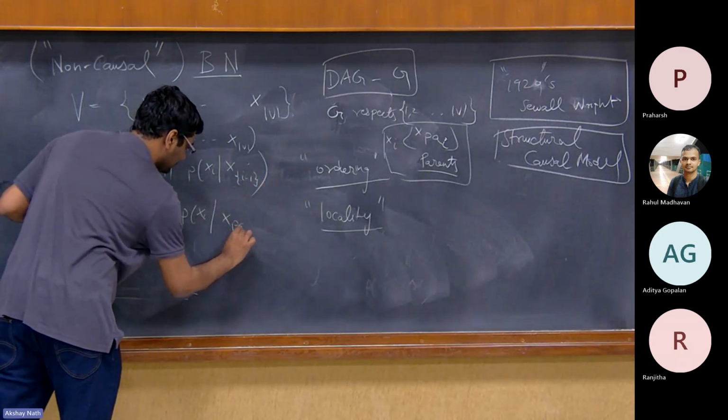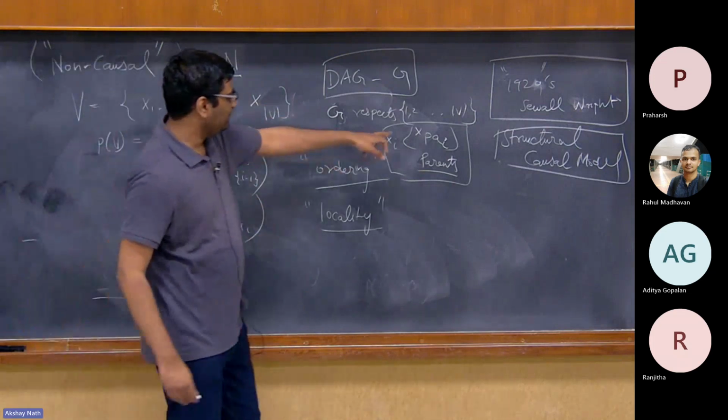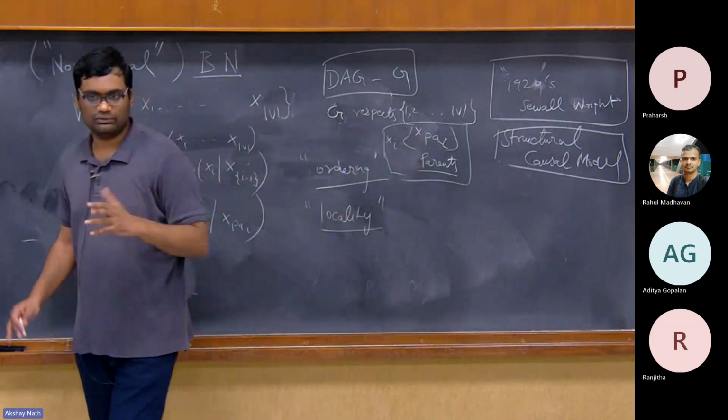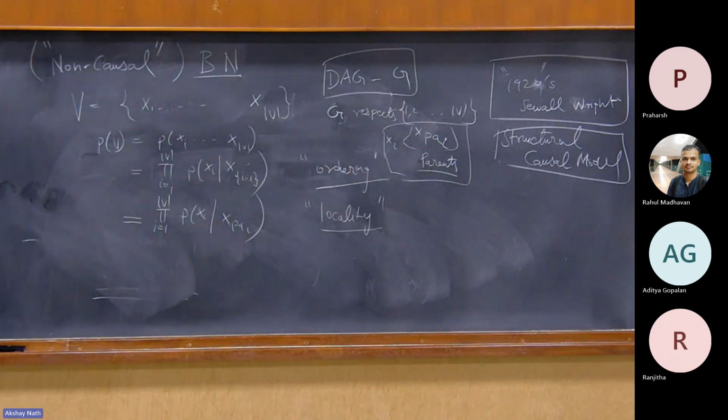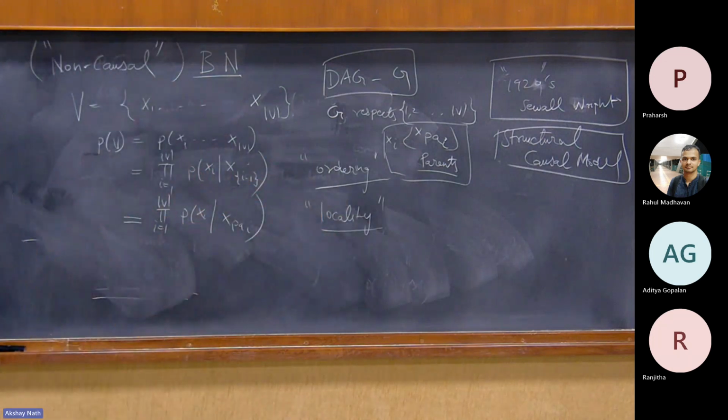This is not a proof. This is just an assumption. Okay. In the more general case, your PA of i will be equal to x_{i-1}. So I'm not losing any generality here. I'm just introducing something more general, more granular, right? We have incorporated the assumption of locality. So we are just saying that not every variable is dependent on everything that happened before. It is only dependent on a few things.